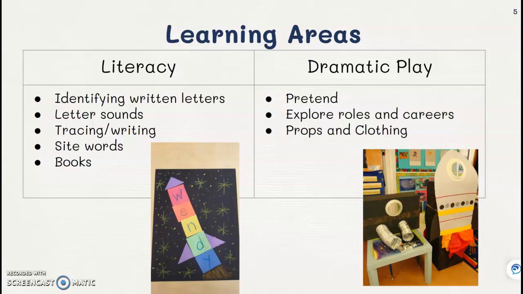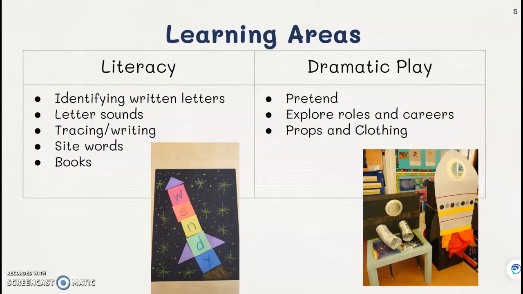So can preschoolers identify actual written letters? So if I point to that red box, can they tell me that that's a W? And then letter sounds. Maybe we might be practicing that the W makes the w sound. And then depending on their age, they might be tracing letters. So if they're younger or have less experience, they might be tracing over a dotted letter. Or they might be writing letters, or maybe even words if they have a lot of experience with it. They might also be looking at sight words. Sight words are typically commonly used words like the, and, am, I, and then reading stories to children belong in